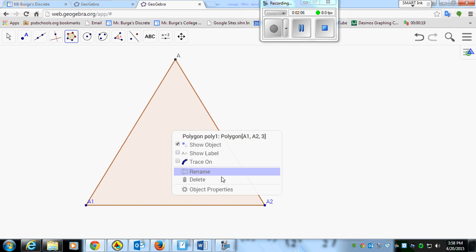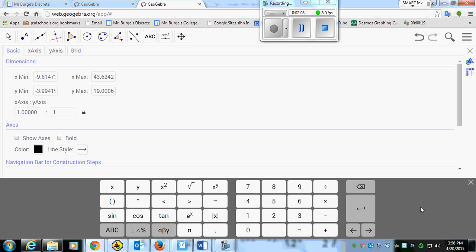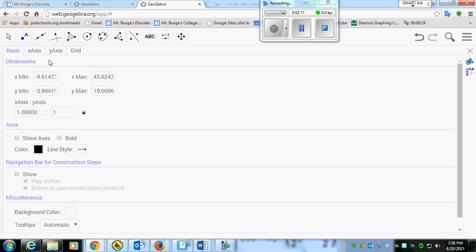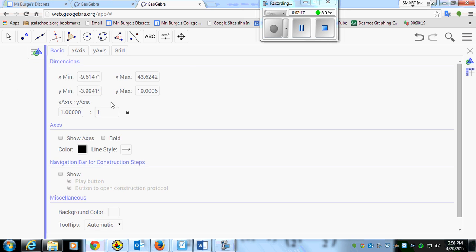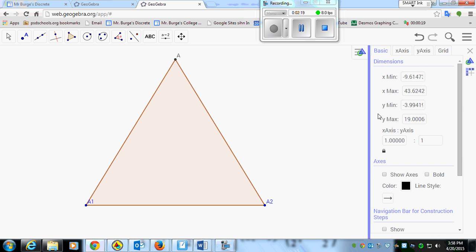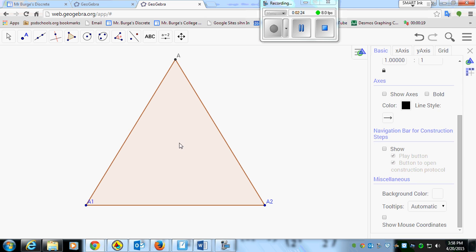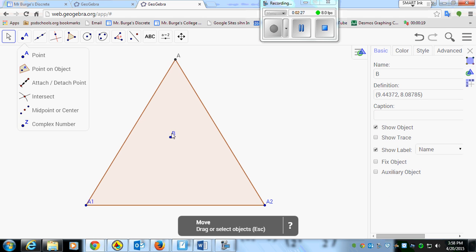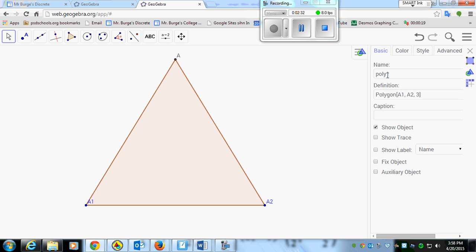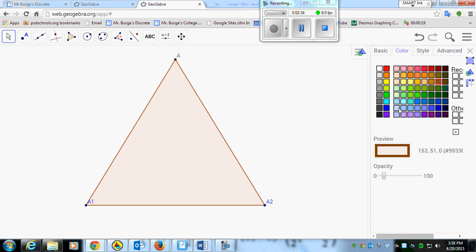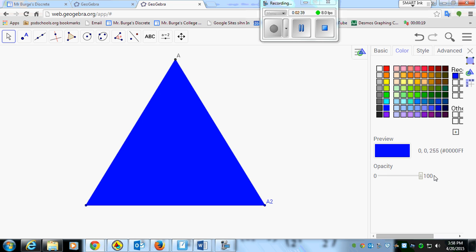If I right click on this and I want to do object properties, this will come up. If it takes a full screen, you can go ahead and pull this and slide it over so we only see part of it. So what I want to do is, with this tool, make sure that this object here, I don't need that point, but I want to go over here. If I right click on it, the color is brown. I'm going to go ahead and make it blue. And I want the opacity to be dark blue so it's not see-through at all, and I get my first